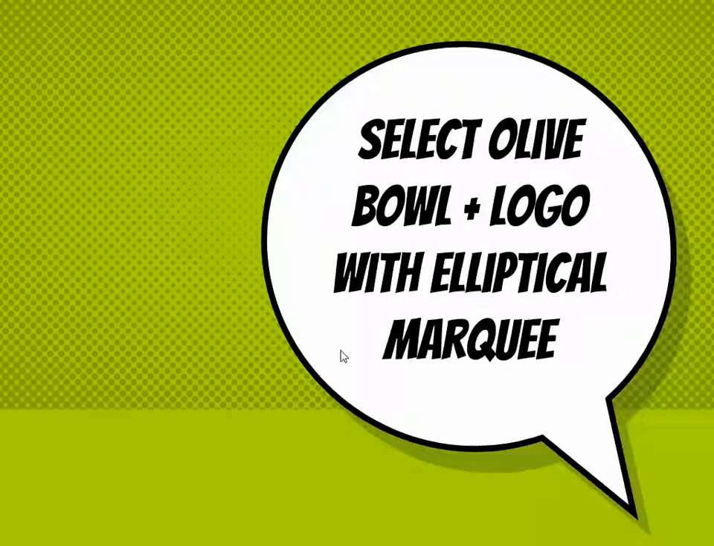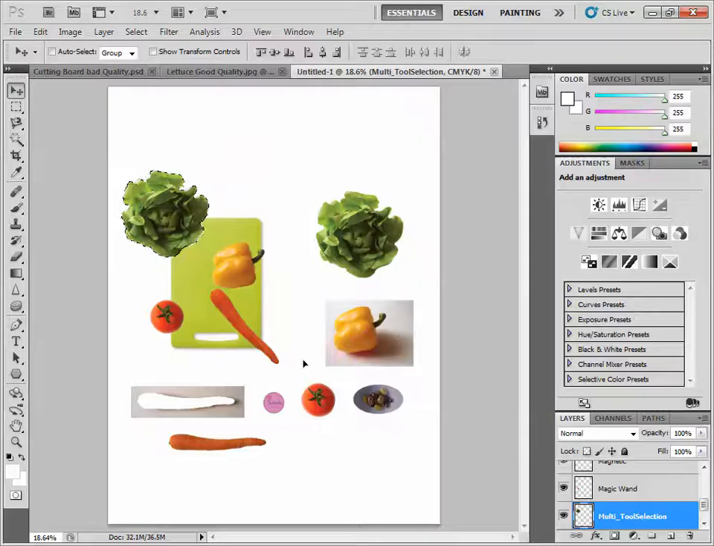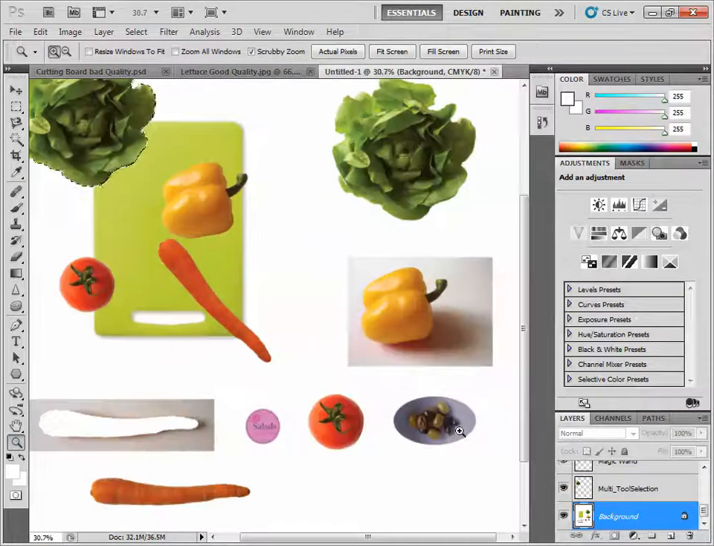All right, so we're going to select the olive bowl and the logo with the elliptical marquee tool. So write this down. All right, so here's what we're going to do. We're going to get this olive bowl. So again, first thing is always get on the correct layer. We're going to zoom in on the olive bowl,